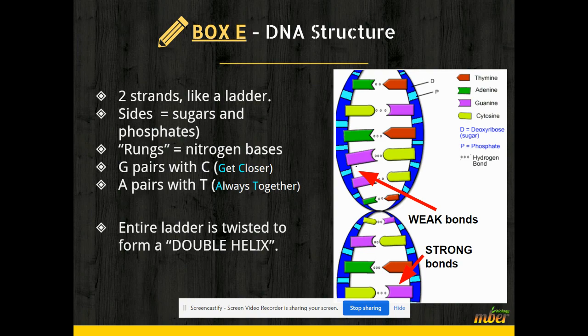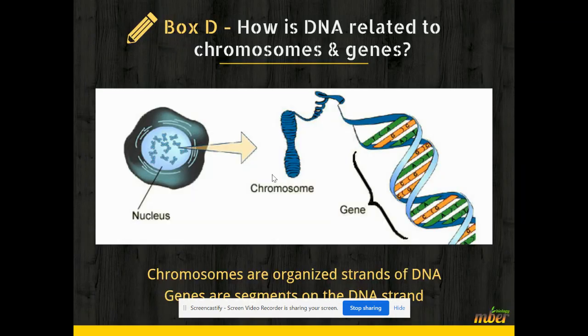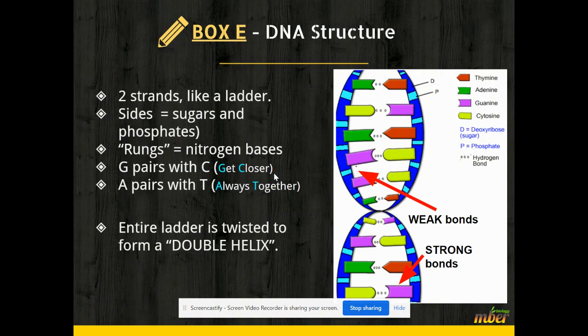The entire ladder is twisted into a double helix. This isn't a very good animation of it, but these would be twisted together instead of pinched in this video. And here we have the visual of C, G and C. So this is going to be G and C. The purple and yellow, those are matching up. And A and T, there we go. The A and T, the thin line and the